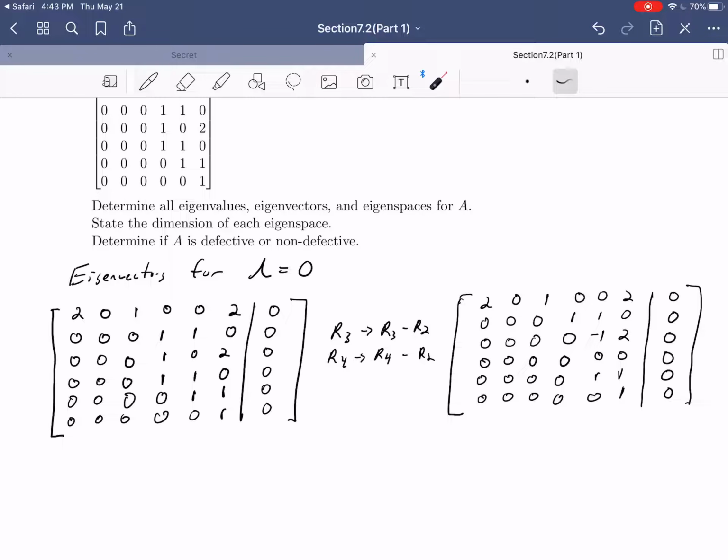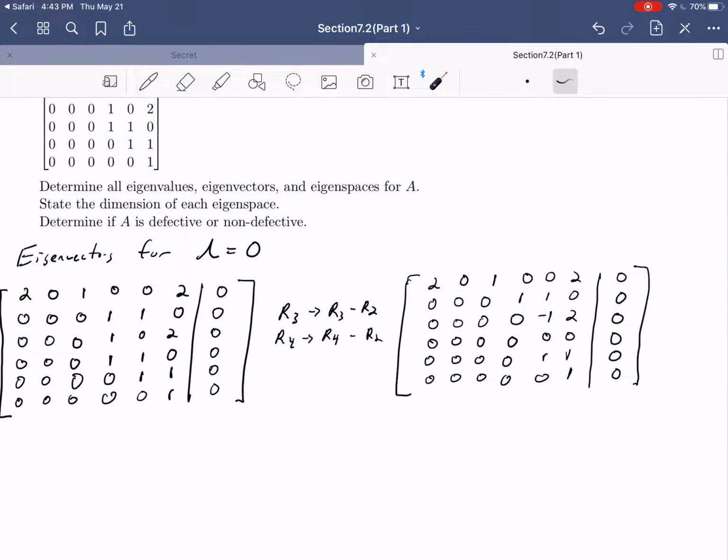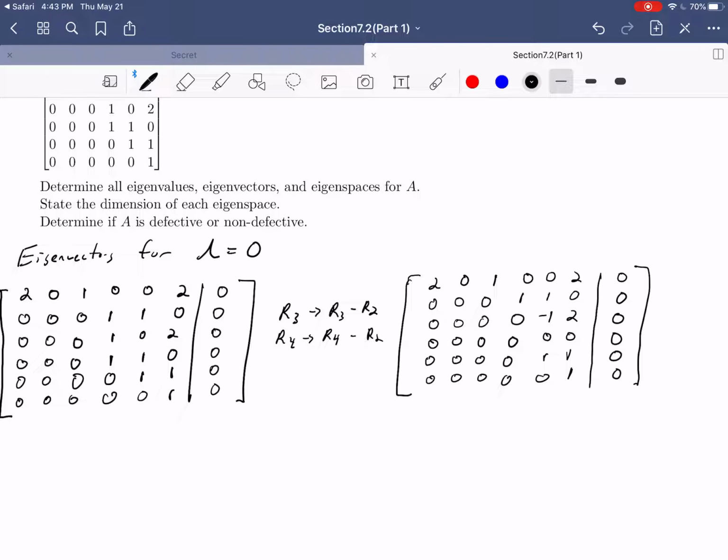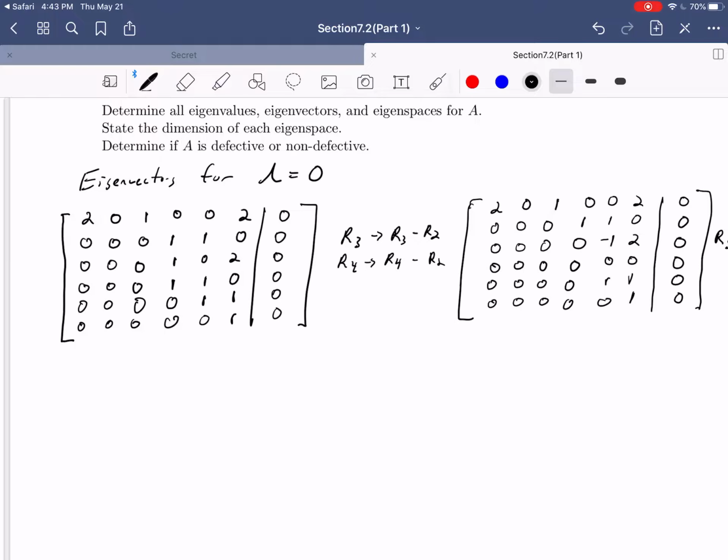Now we're going to need to use this guy, it looks like, to clear out the stuff below there. So let's go ahead and do that. So it looks like we should be using row 5 and replacing with row 5 plus row 3. So if we do that,